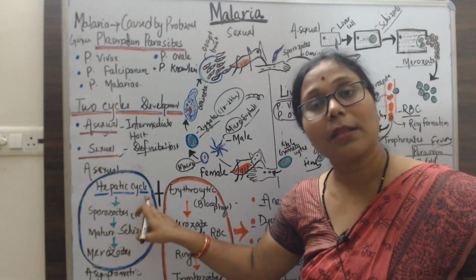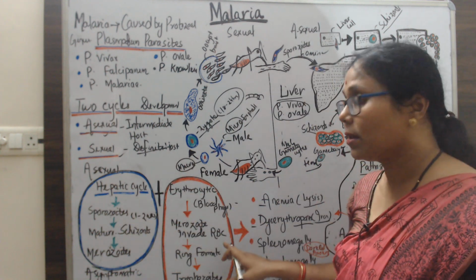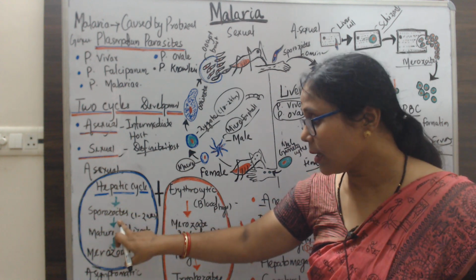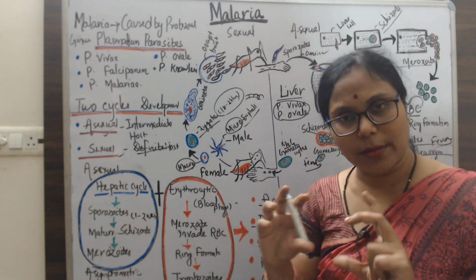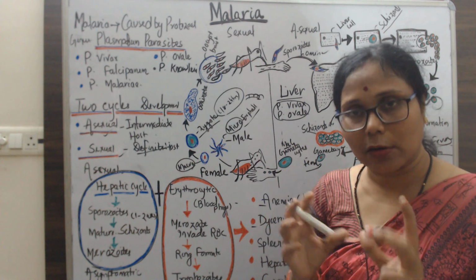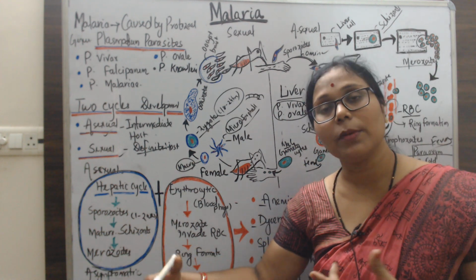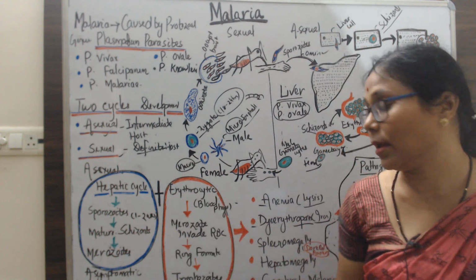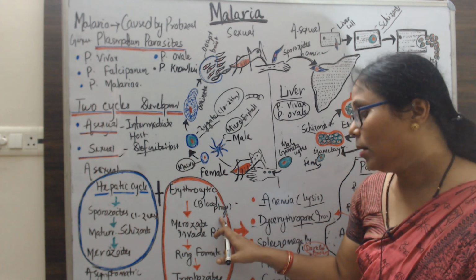The hepatic phase, the name indicates the liver, so it happens in the liver. The erythrocytic phase happens in the RBC. In the hepatocytes, the sporozoites within 1 to 2 weeks mature into schizonts. Schizonts means having daughter parasites. They release merozoites, and these merozoites move into the circulation and are attracted towards the RBCs, and the phase in the erythrocytes, the blood, is called the blood phase.